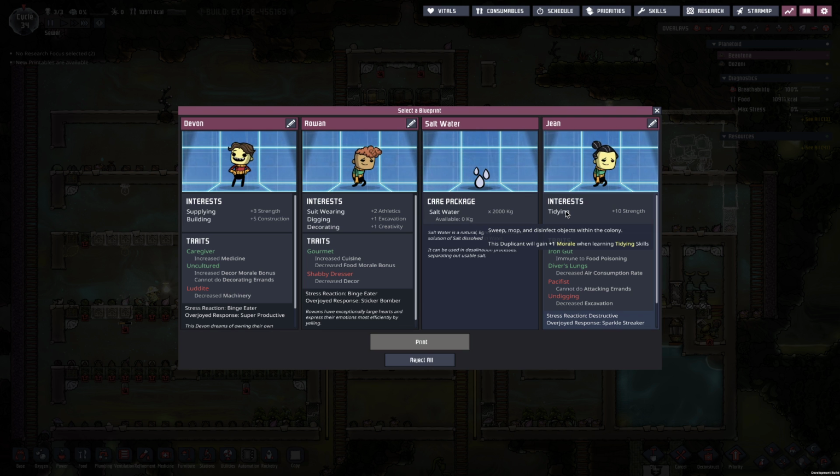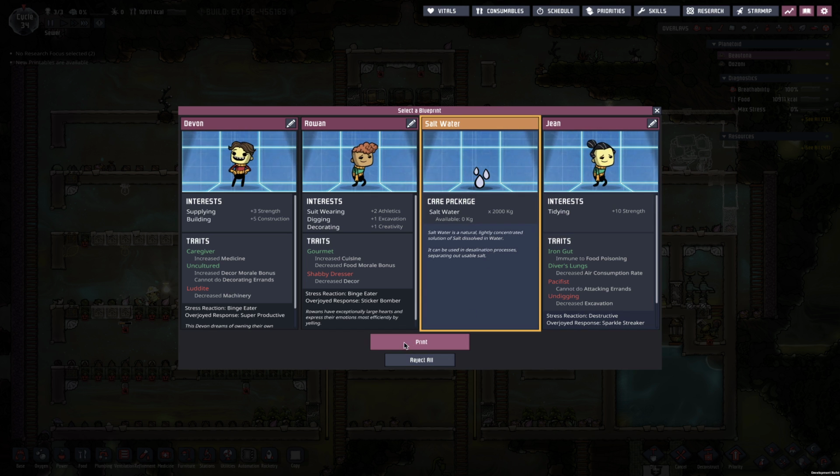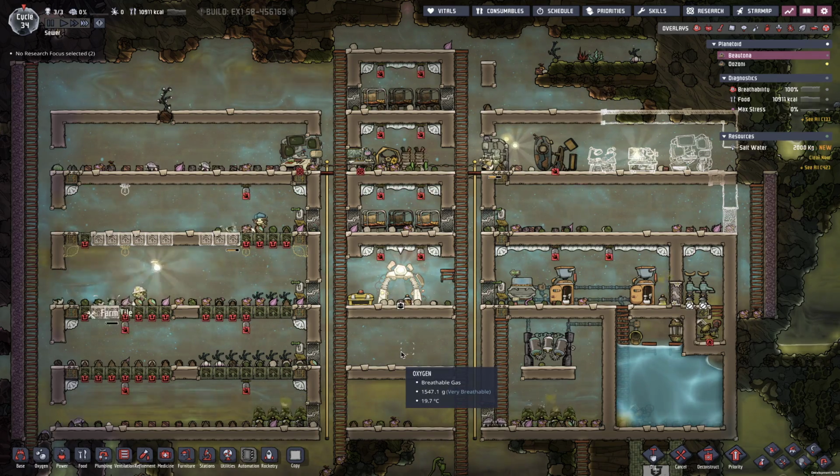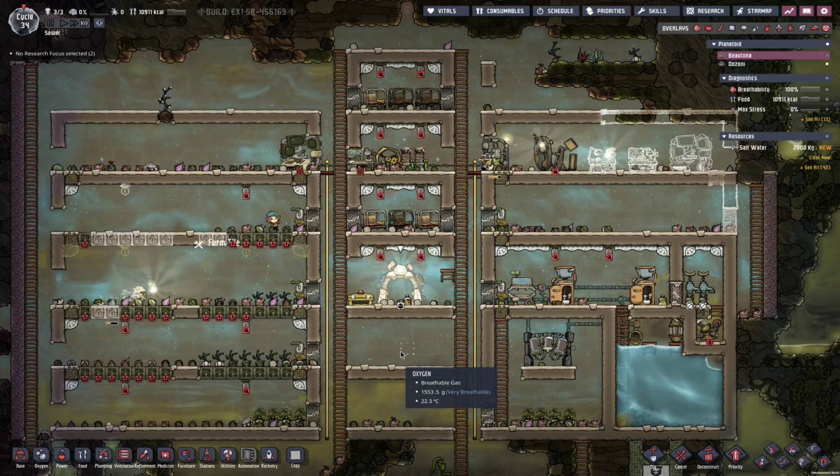Maybe I'm making a huge mistake, but what is it that allows them to carry more? Because there's a separate thing that's like plus blank kilograms of carrying capacity, and that's really what I'm looking for. Because I don't want to think too much about it, we're just going to go saltwater for now. I don't really have a way to use it, but